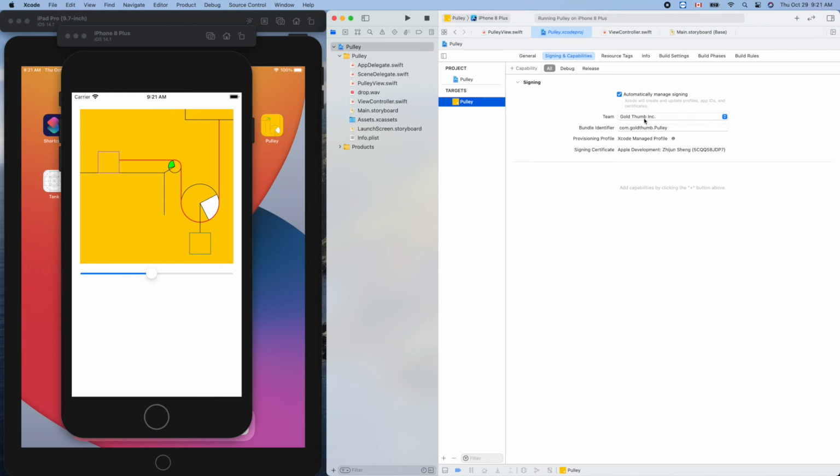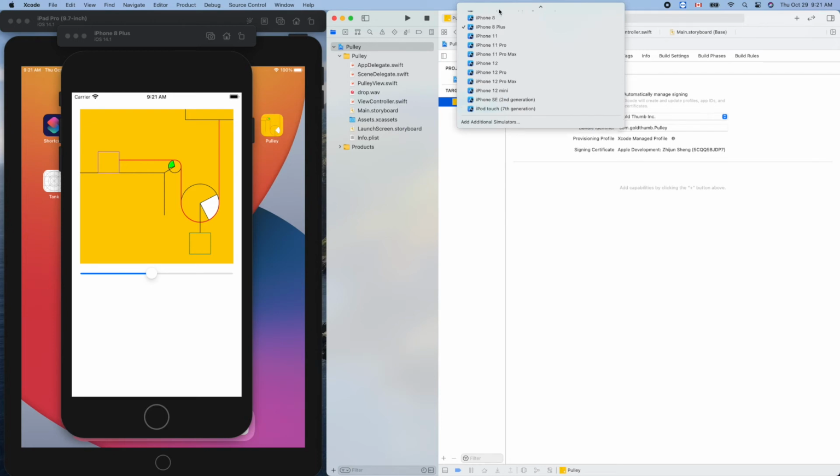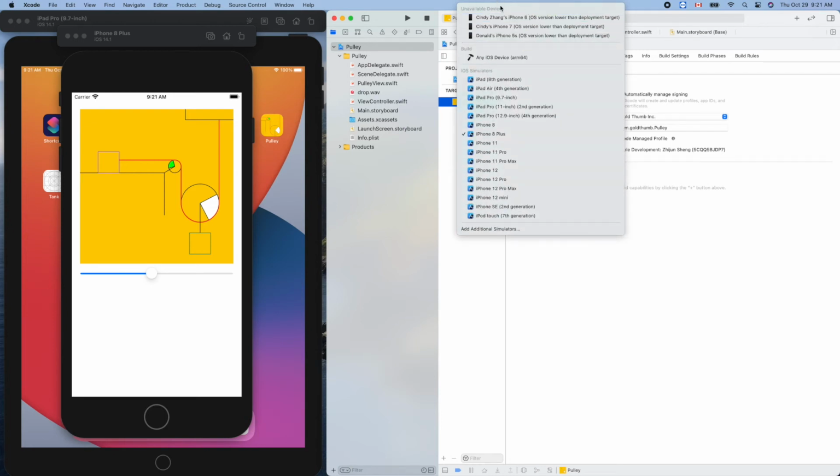Okay, after that, now use the charging cable to connect your device and your Mac. Okay, so then go to here, scroll up. By default, before you connect your device and the Mac, here might be empty, and so now for me, after I